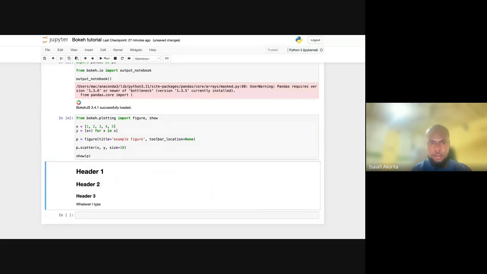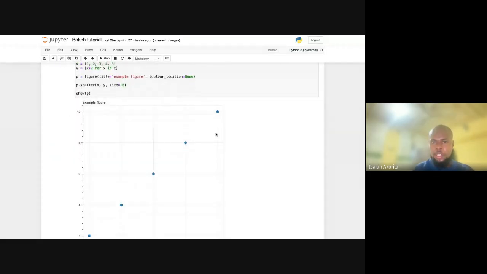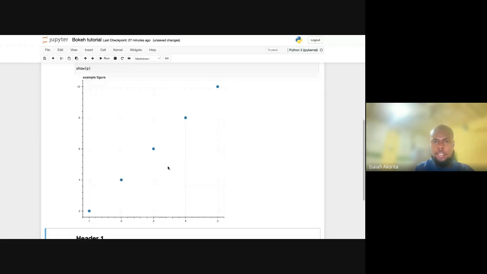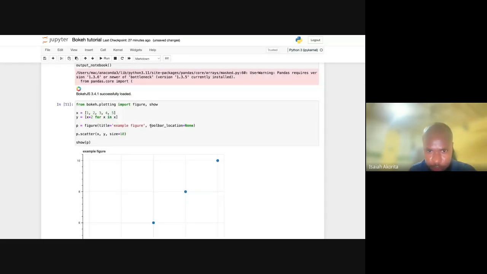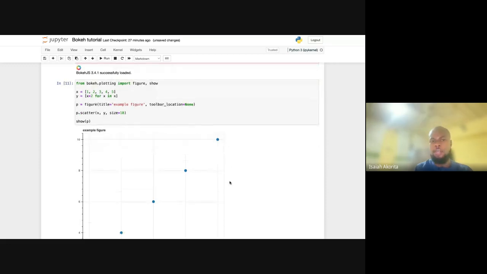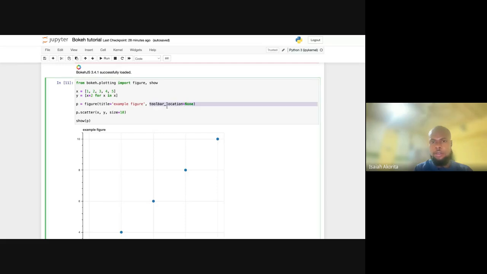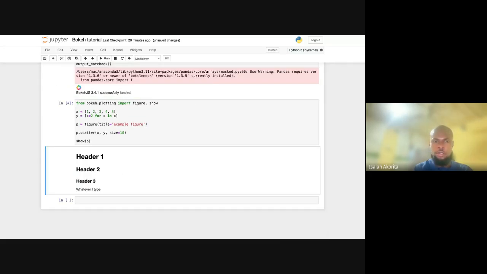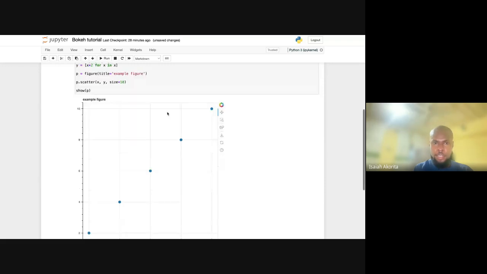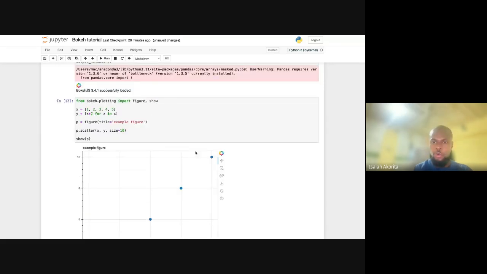All right. So you can actually remove the toolbar by adding a parameter called toolbar location, which is none. So if you don't need that, you can remove it from your figure. If you want it, you can also add it. However, you can also specify the particular ones you want. In this case, say you want only this pan tool, for example, you can do something like